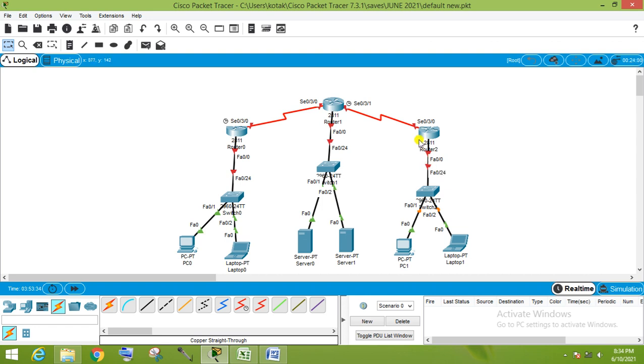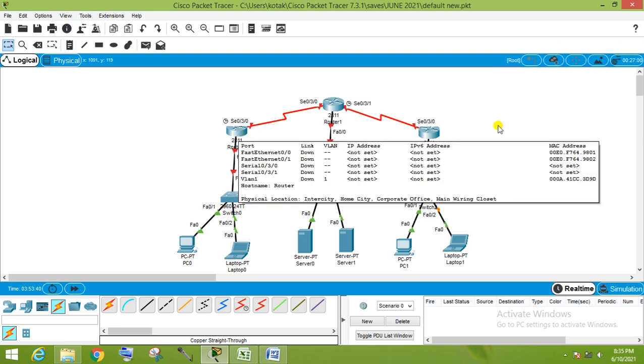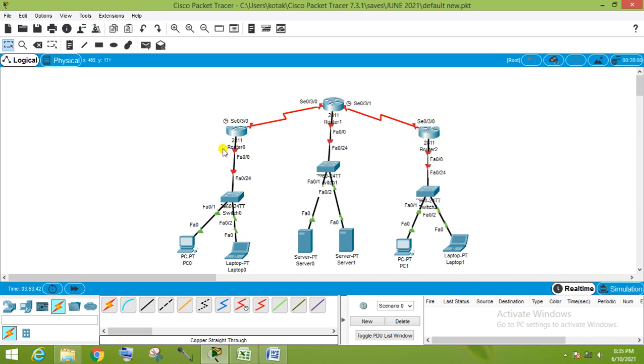First, suppose this is our ISP router, this is router 1, and this is router 2. I am giving IP addresses.